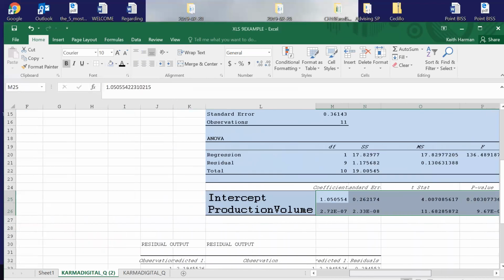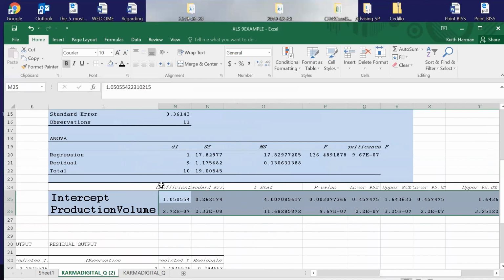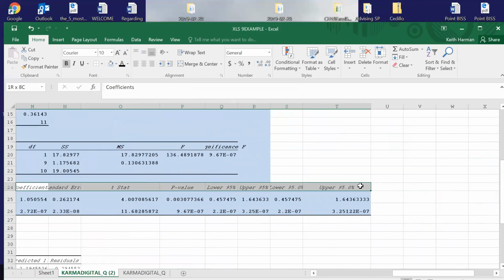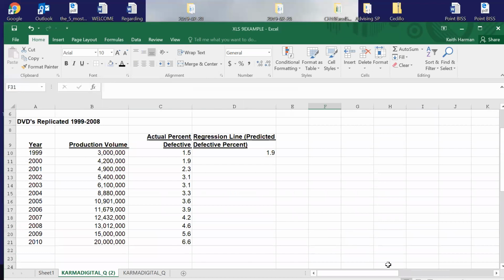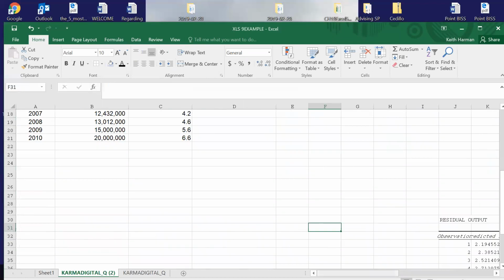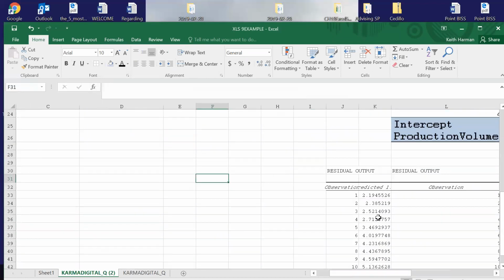And here's the coefficient, F statistics. The regression tool in Excel has a tremendous amount of value that it loads you, and for our purposes, the key thing for us is to understand